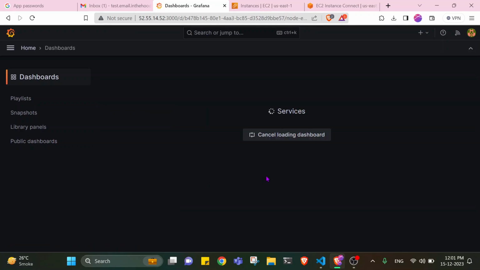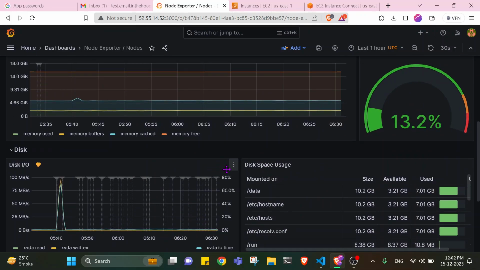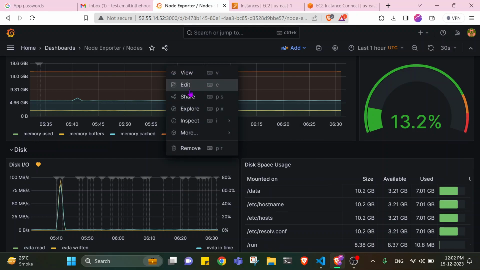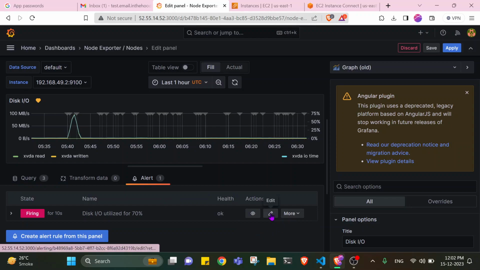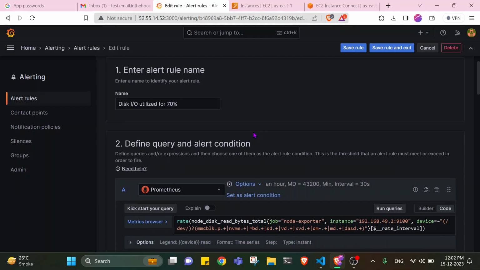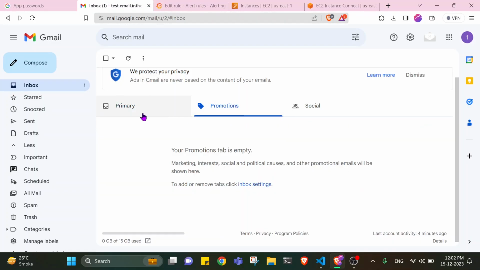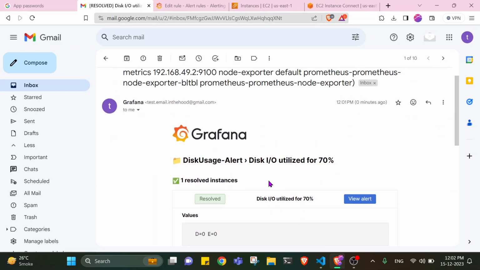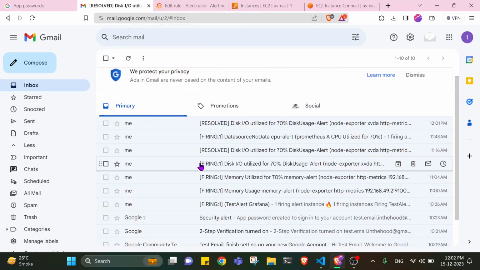If we go into this, I have configured here, in the edit, I have set the alarm. So if I go into this, these steps are the same for CPU and also for memory and disk. I have got alerts here also, because every now and then it is triggering. Okay, so it's a resolved one. After it gets resolved, if there is an issue, it will fire, and once it gets resolved, it will